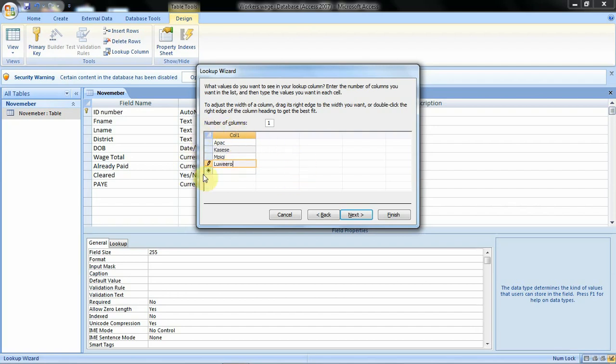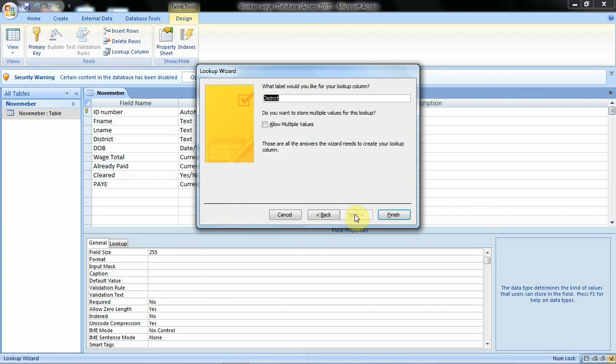These are the only values we want under this field for district. So we shall not be in a position to type any other values except these ones that we have specified.